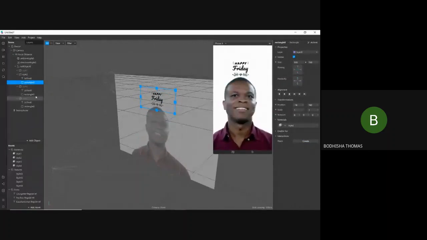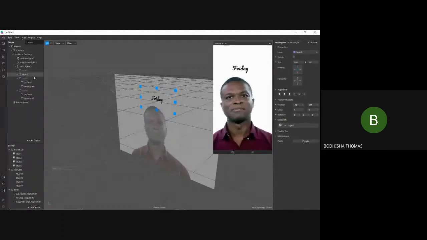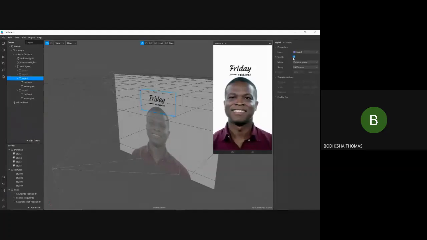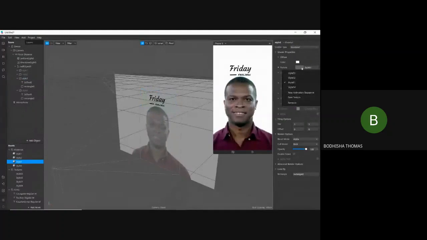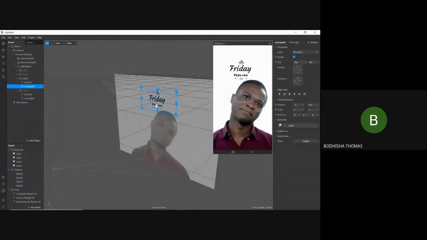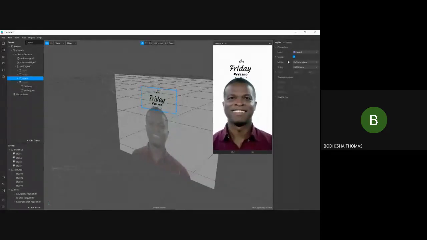Okay. Style 3 also will make it invisible. Sorry. We'll make this invisible, and for style 3 we'll make it visible, and we'll change the texture to style 3 and change the position. Okay, we'll make this invisible.